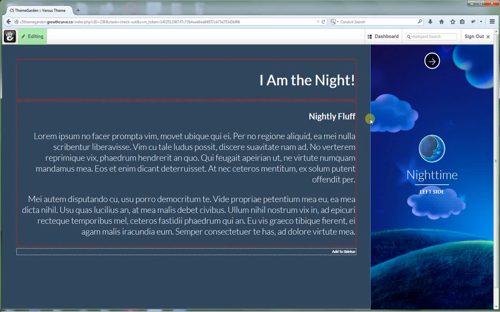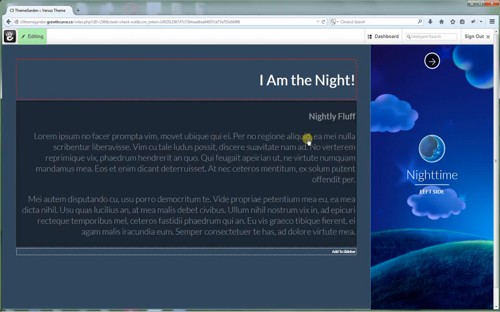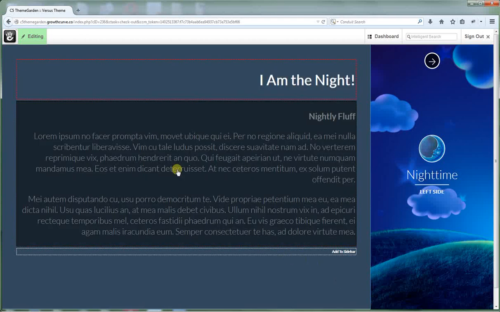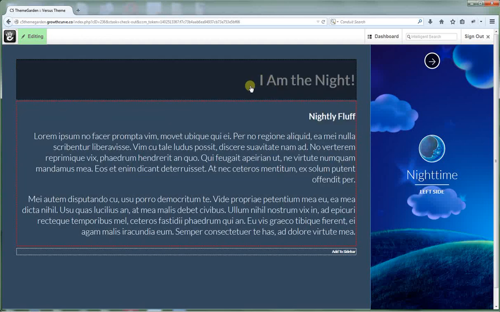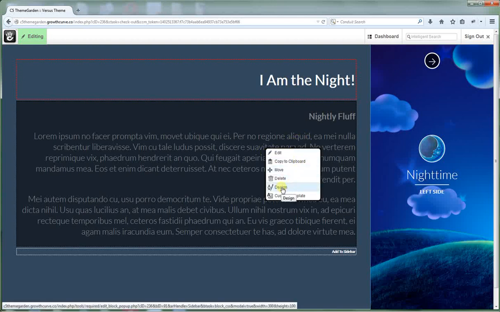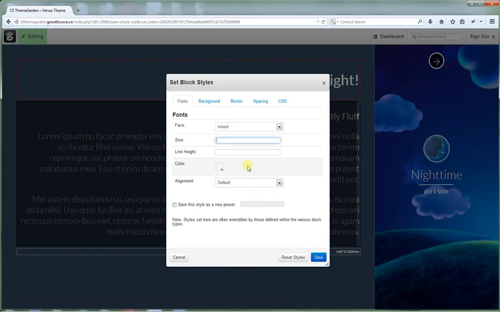So that's one little trick to doing something like that if you need to move something between sides. However, you can move it vertically, though, like I said. And also, as you can see here, by default the text on this side will align to the right. However, if you decide you don't think that looks good, you can certainly override that using the design feature that